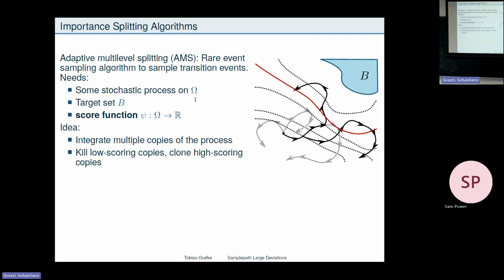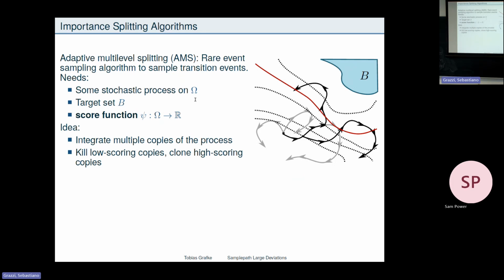The problem with this is that all of the performance depends on a good score function. If you have a bad score function, you are pushing yourself in directions that you don't want to go. If this is just a simple landscape, it should just be the distance to B or something like that. But if it's some complicated, for example, molecular dynamics example, we've seen these things. If I want to go from here to here, but the most effective way of doing so is actually going in this direction, then I can't take the distance or anything simple as a score function. The score function is rather complicated looking, and I want to bias in a rather complicated way.